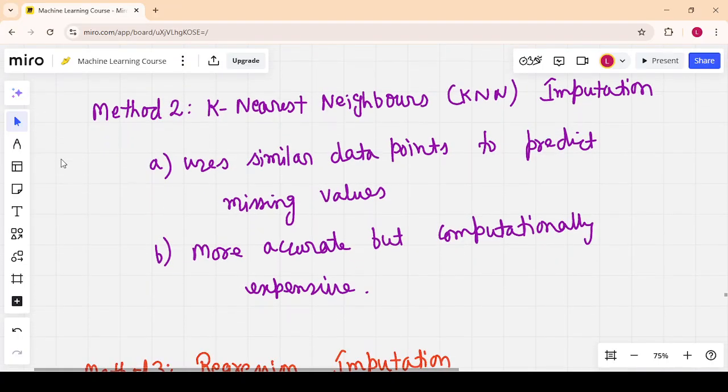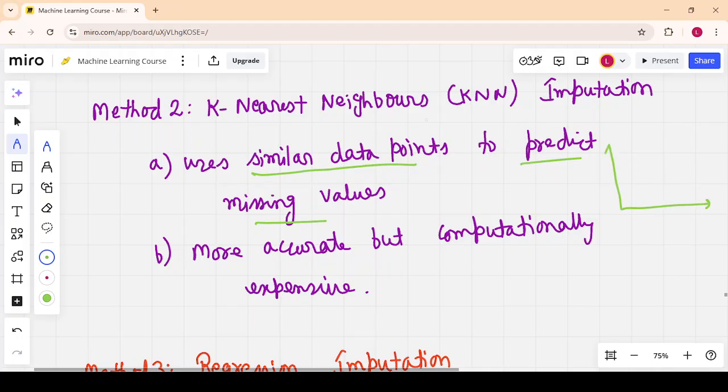So let's move to the other method, the k nearest neighbor imputation method. In this method we are trying to use similar data points to predict missing values. If I explain mathematically, suppose we have this data point and this data point, and we have some data point here, but there is a missing value here. So we are trying to use this data point and this data point to find